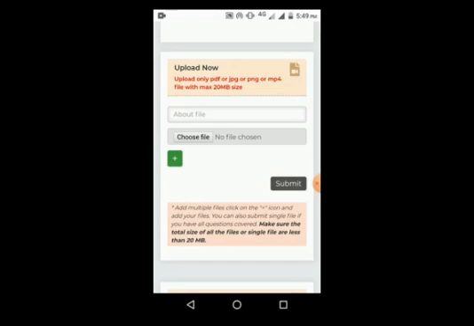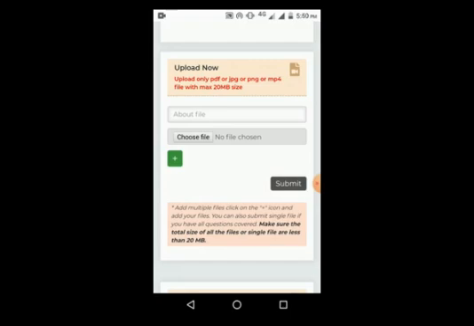Now we can see one area there, about file. Whatever file you want to add, you have to give the name. Remember that suppose you are uploading multiple PDFs, or you have taken 10 pages of pictures, so page 1, page 2, page 3, like that. In this area you have to give a short name.